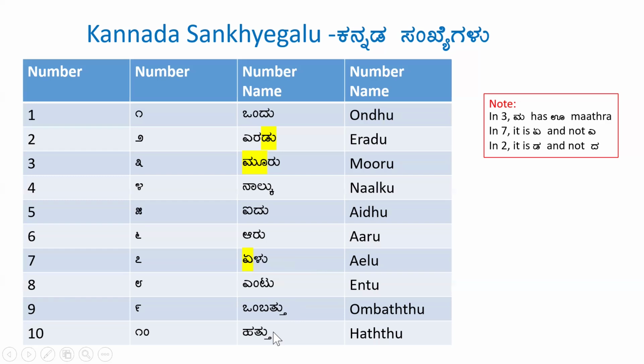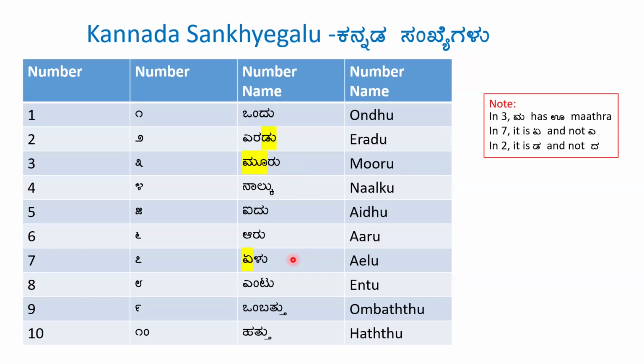So, some tips in learning these numbers. The most common mistakes which kids make: in the case of eradu, they write the wrong vowel sign. The second mistake usually kids make is they write muru incorrectly. It is not written that way; you need the badi u matra for ma, muru.